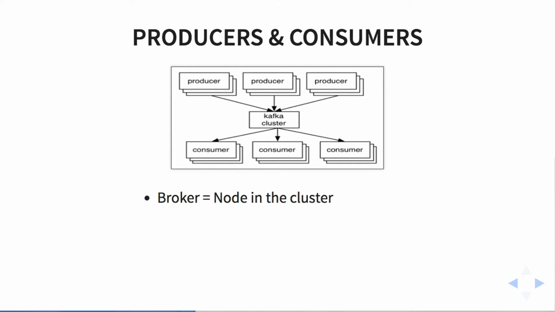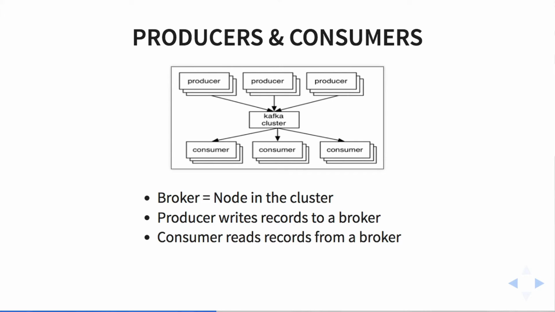Okay, so we have producers and consumers in Kafka. A broker is a single node in the cluster. The way that we interact with Kafka is we have producers that write records to a broker, and consumers that read records from a broker. It's important to note that consumers aren't actually pushed records, they read, and they do that with polling, and you can set the polling window. It's a little bit different than a traditional messaging system in that way. There are some reasons for that we'll talk about a little bit later.